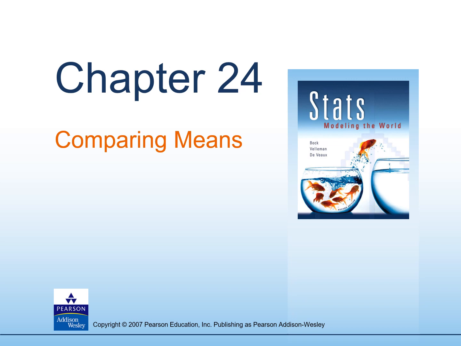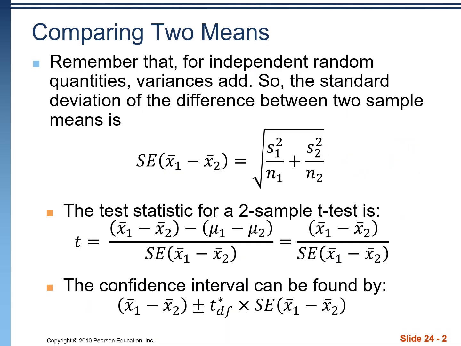Now that we've finished up with one sample t-intervals and t-tests, we're moving on to two sample t-intervals and t-tests. We start to go through these chapters a little quicker because at this point you should have the basic grasp of confidence intervals and hypothesis tests, and we're just making slight changes with each chapter. As for the key changes in these inference methods, remember that anytime we have independent random variables, when we want